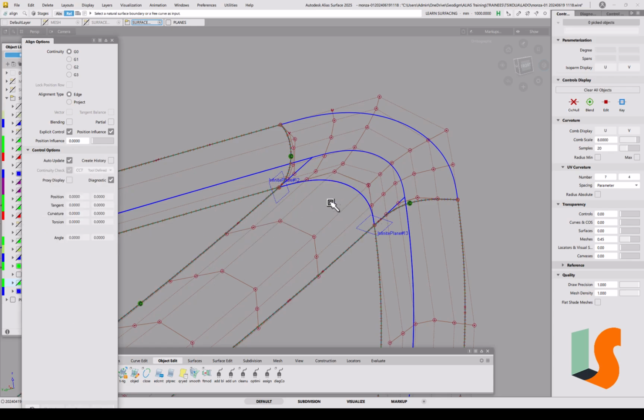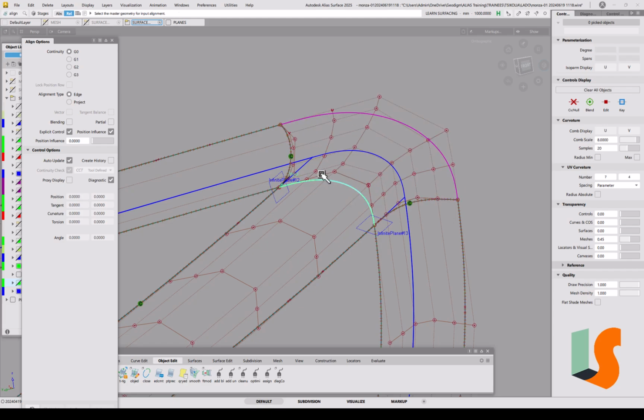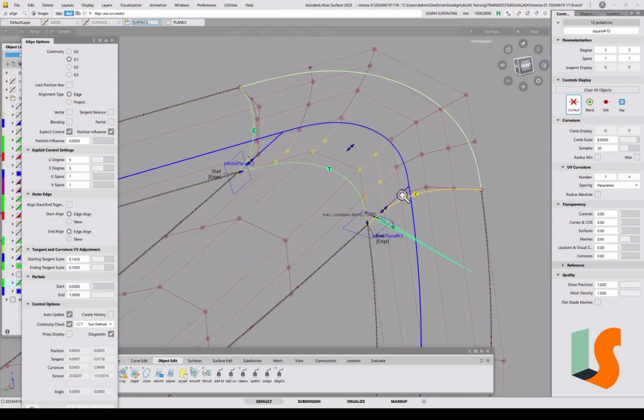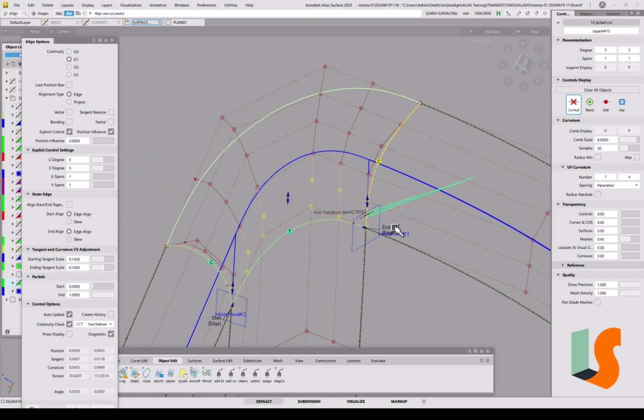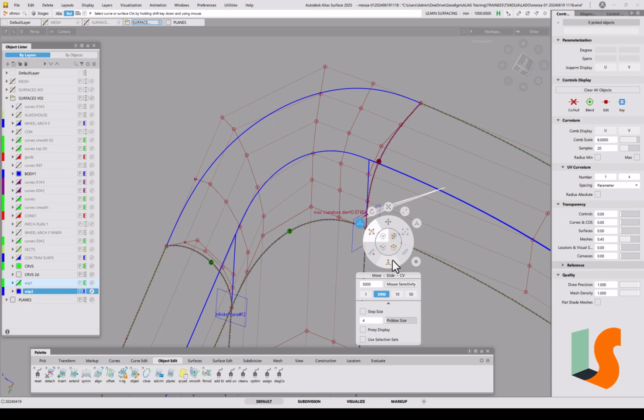So we won't use that. So I'm going to, this edge, remember, it only needs to be tangency, because it's only tangency at this end. So it's broken the curvature there by a very small amount, and so let's go, so edge align there, let's try skew there. Skew brought it down a little bit, which is good,